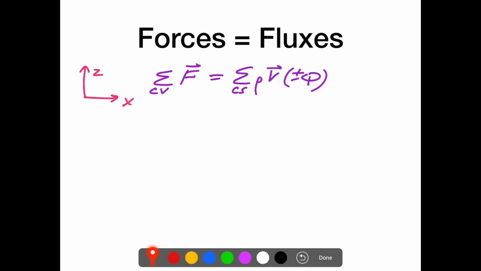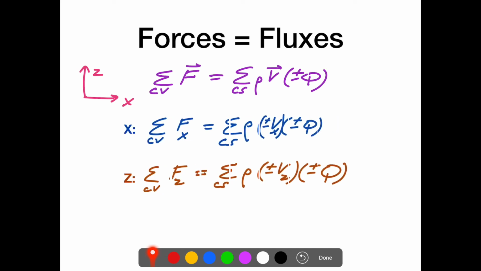So the last step for these problems is we're going to gather all of the forces that we calculated or sort of tabulated, and we're going to set them equal to all of the fluxes. And we're not going to just add every single term that we did for this method. The problem is that momentum and forces are actually a vector. So we're going to do it separately for the x and the z directions. Okay, so